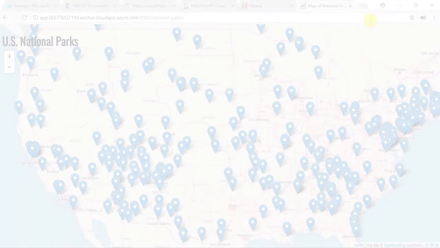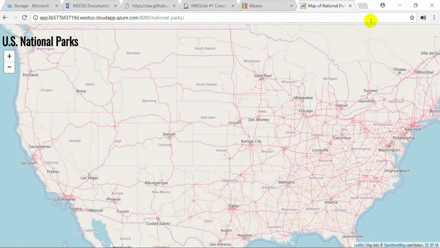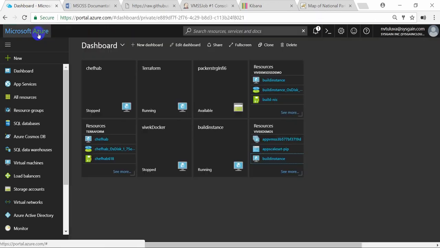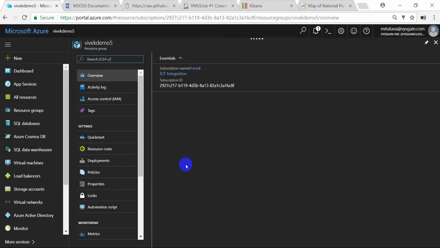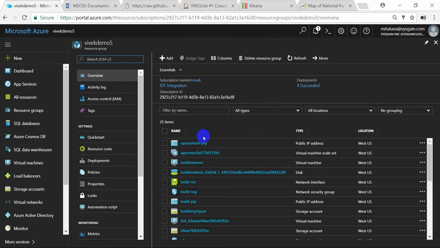Welcome to the Microsoft OSS QuickStart template. In this demo, we will launch a template that hosts an app to track locations and information about national parks in the US. For more information about how the app is structured and how its individual parts work, check out